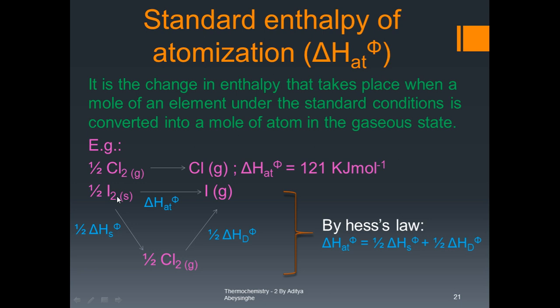Similarly, you can do that for iodine as well. In the case of iodine, you can find the atomization in two ways. One way is to find the atomization directly, and that is sometimes difficult. What we find easier is to do this using two steps, using Hess's law. Using Hess's law, you can first convert iodine into